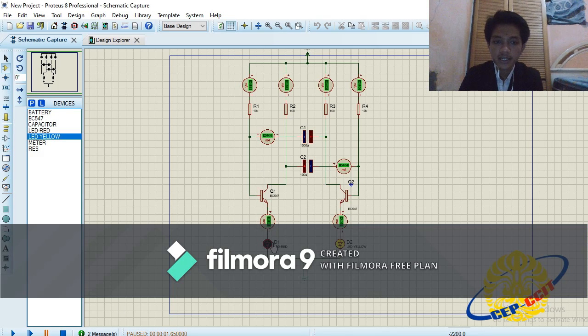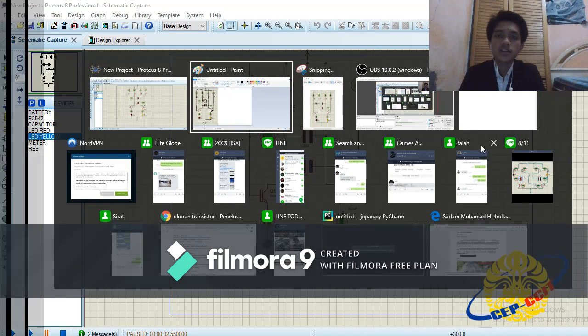Then why can this line turn on, or the first lamp turn on? Because we can see in here the 1100 has a different amount. Okay, just like that is our explanation. Thank you very much for your